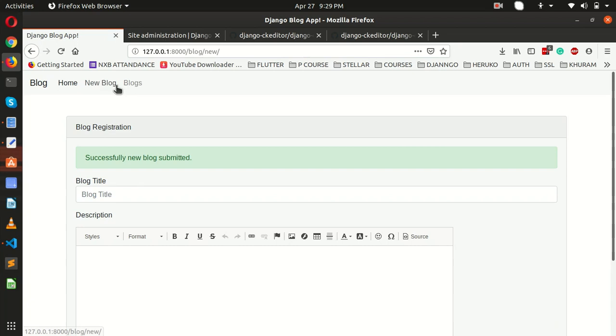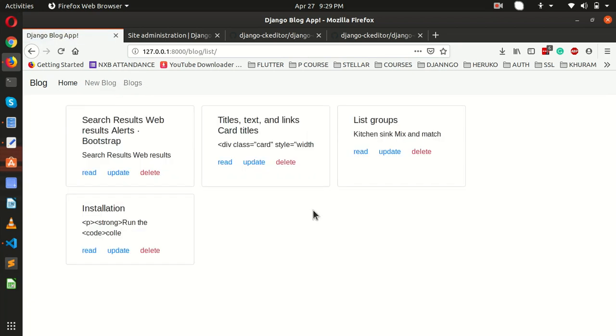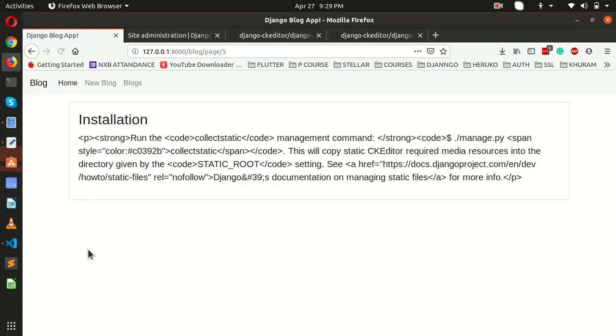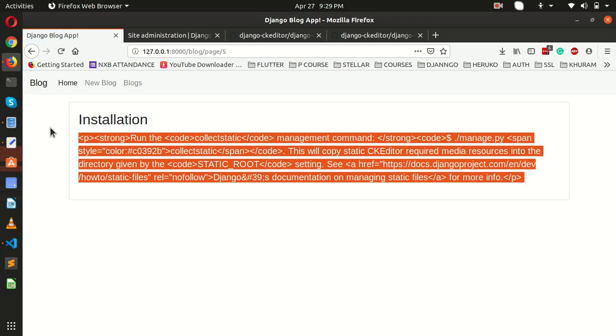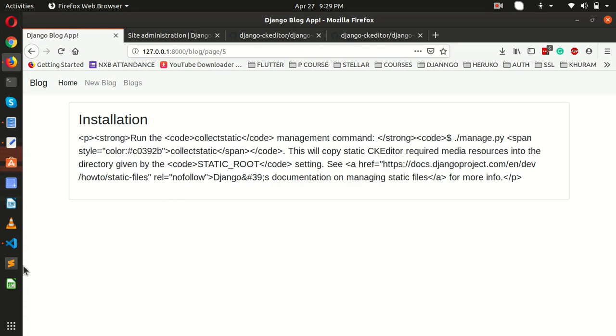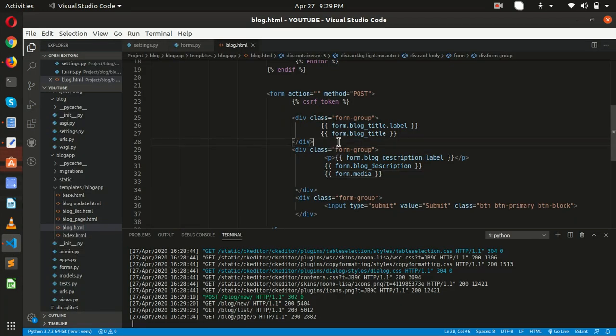Okay, we have one more blog. Let me open it. So if you come back to our page and see here, it shows paragraph p HTML codes like this. Okay, let me open this, and you see here we have the elements as well. So for that, we have to specify in our code to clean these descriptions, so that it will not show us this.